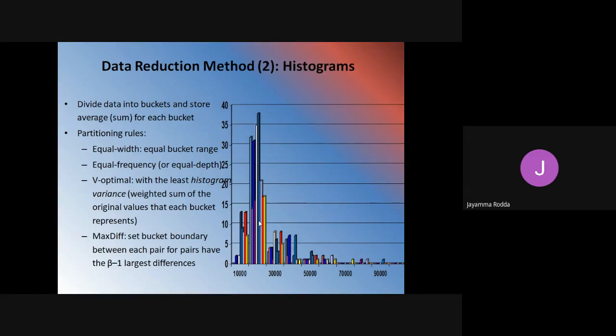Next, equal frequency. Equal frequency, or we can say equi-depth or equal depth, anything we can say. In this particular equal frequency histogram, the buckets are created so that the frequency of each bucket should be a constant.